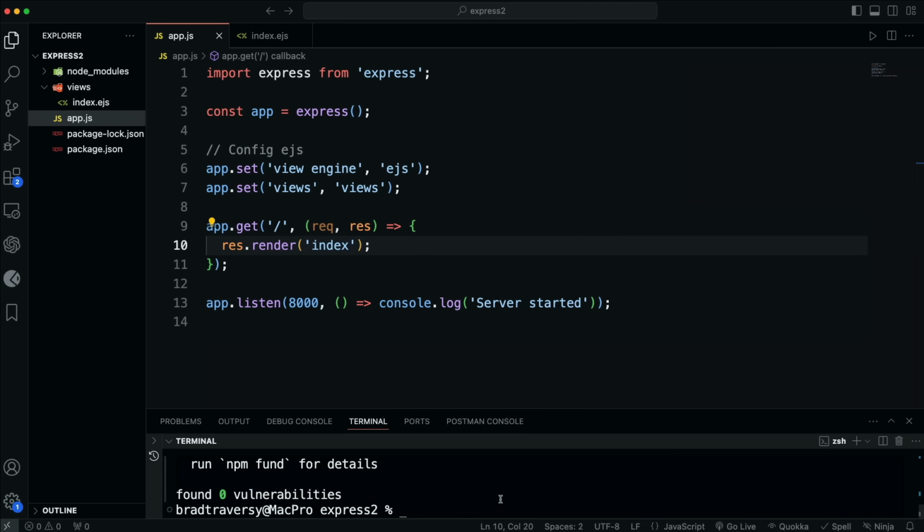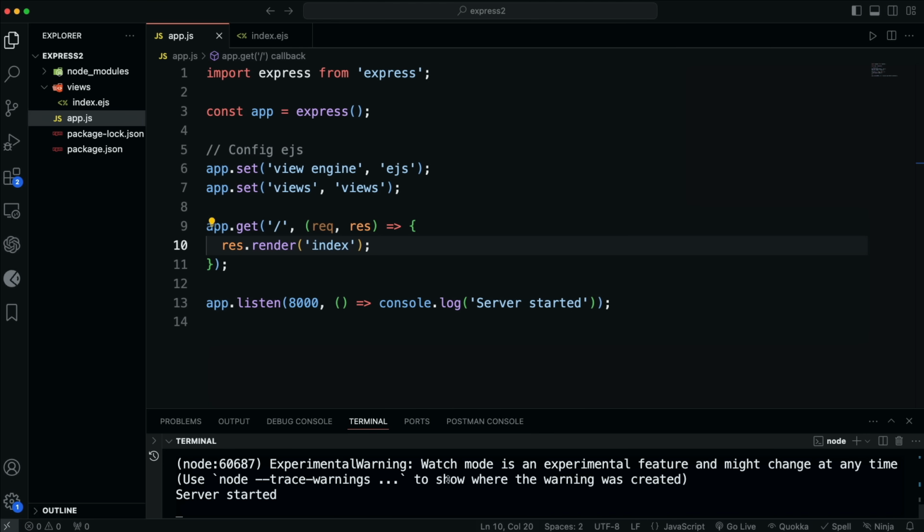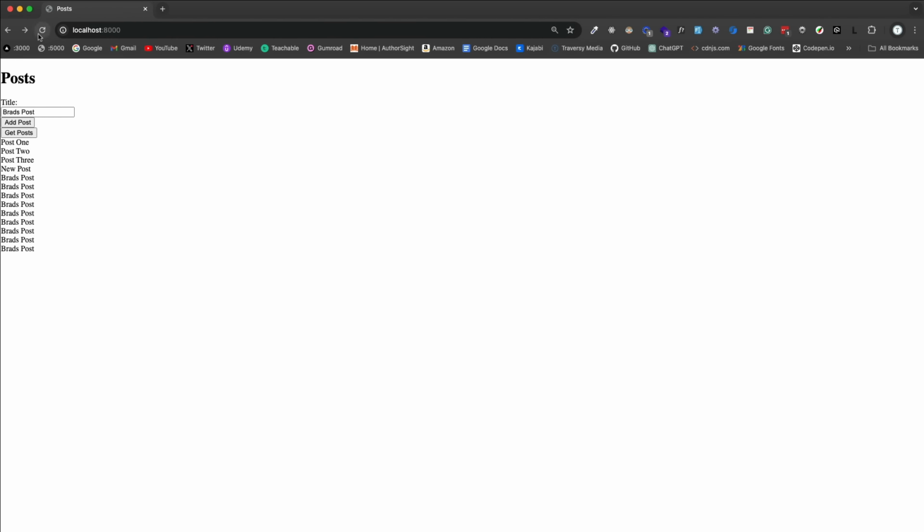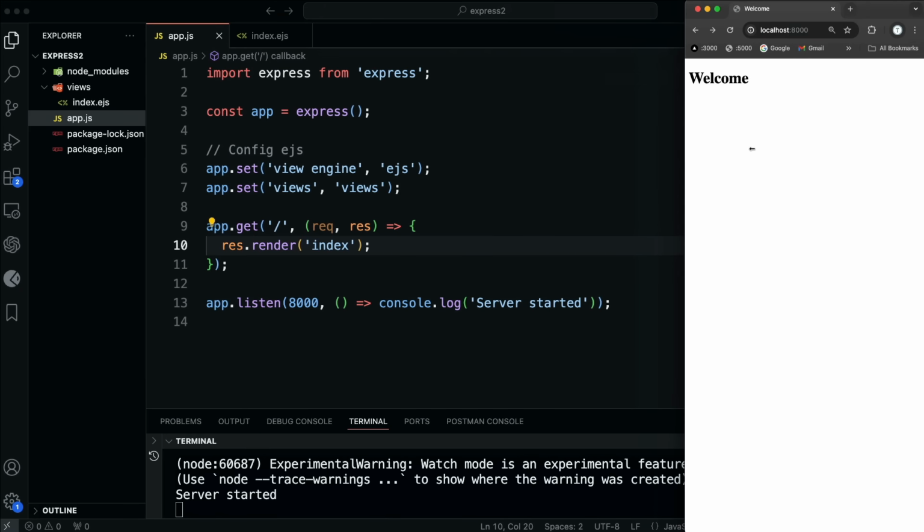All right, now I'm going to run the server, so npm run dev. So server started. Now let's go to the browser. Let's go to localhost 8000 and we get welcome. Okay, so it's using